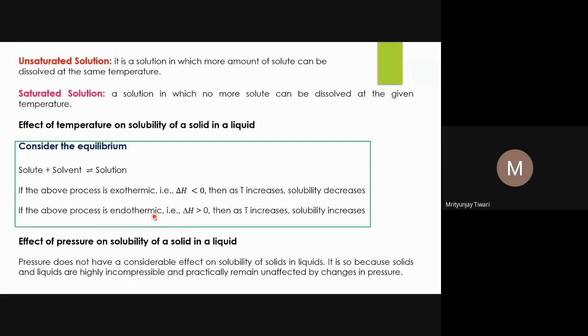Now if the process is endothermic, the heat is absorbed from the surroundings. So during the dissolution, heat is absorbed. You can see certain examples: if you add glucose into water, the solution becomes cold, even the glass becomes cold. Like if you put 100 ml of solution in a glass and then add 10 gram or 50 gram of glucose, this glass will become cold.